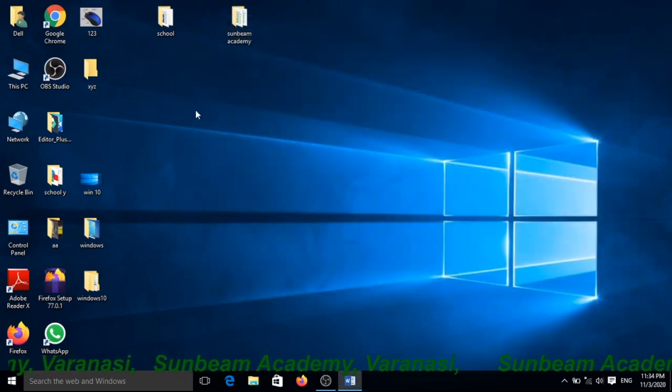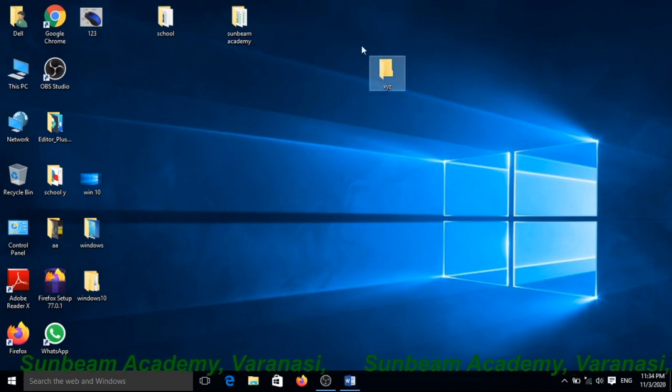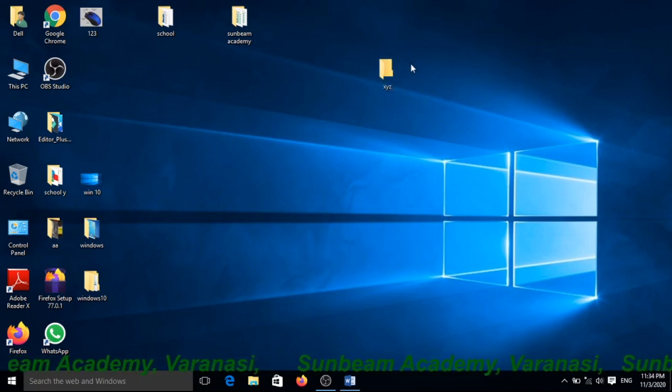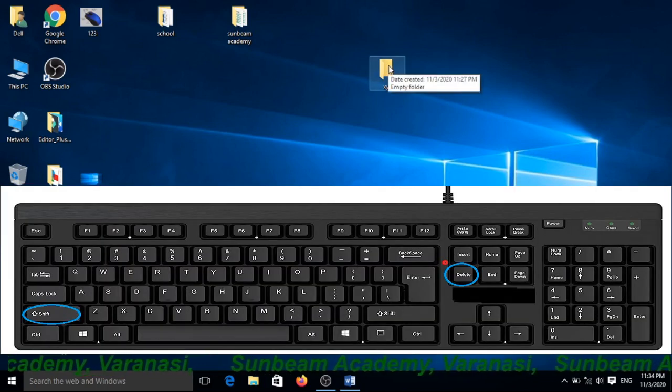How can you delete permanently this file or this folder? Very simple. Suppose I want to delete this folder permanently with a shortcut method. First, select that file or folder which you want to delete permanently.